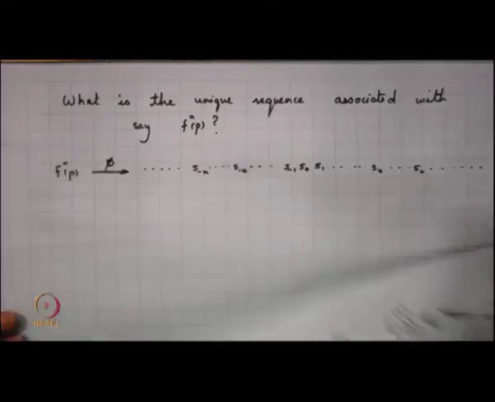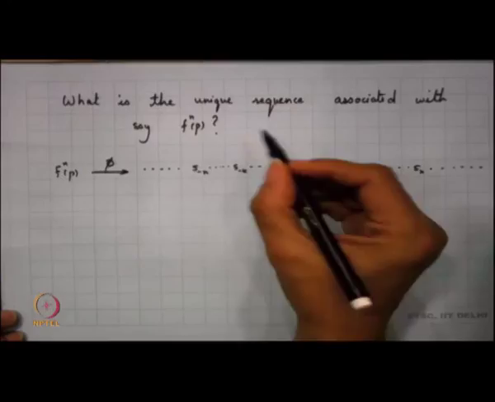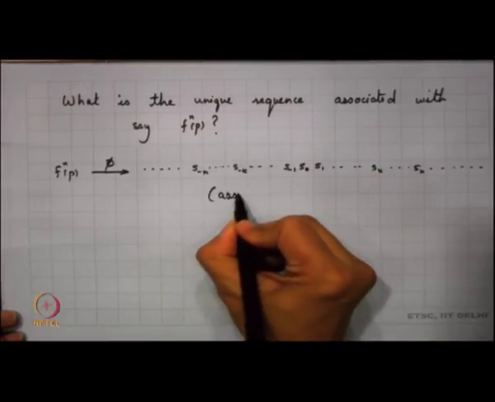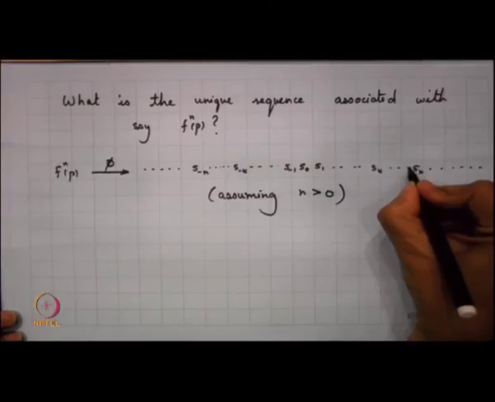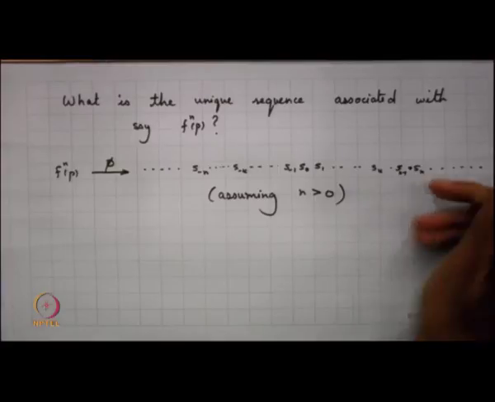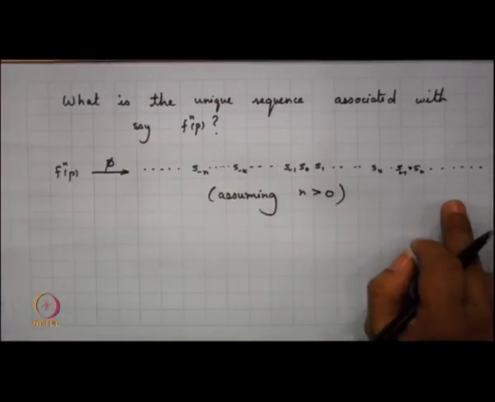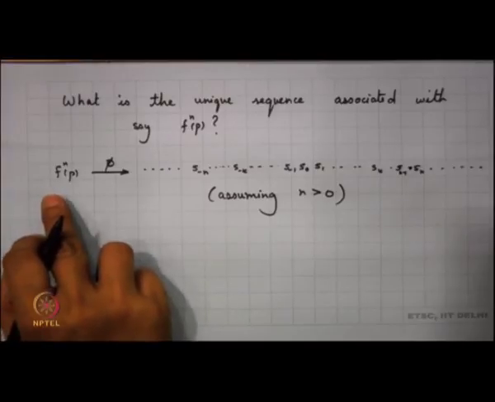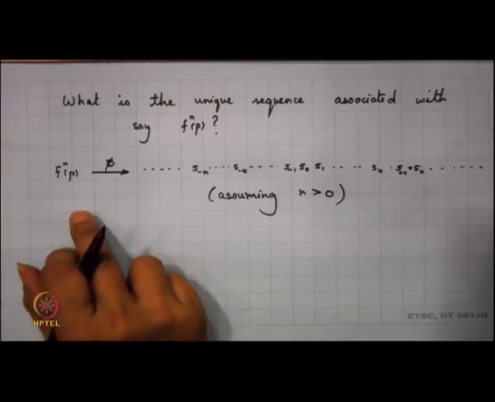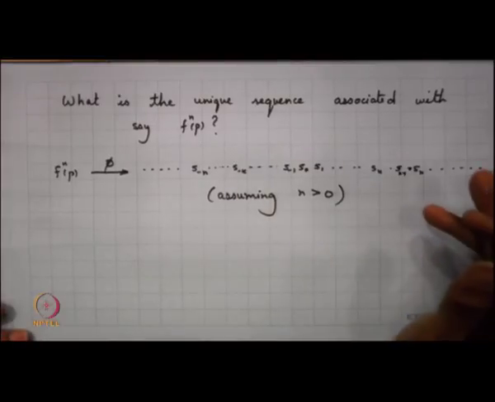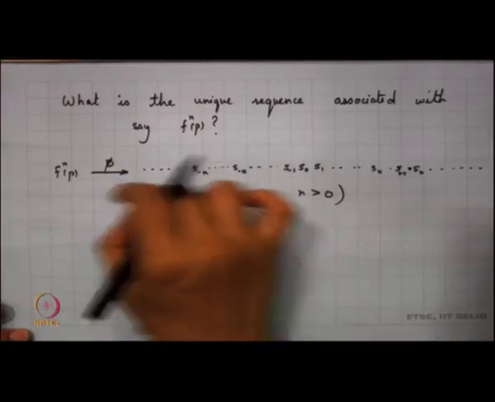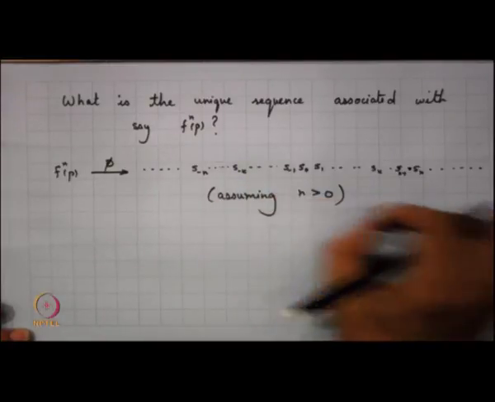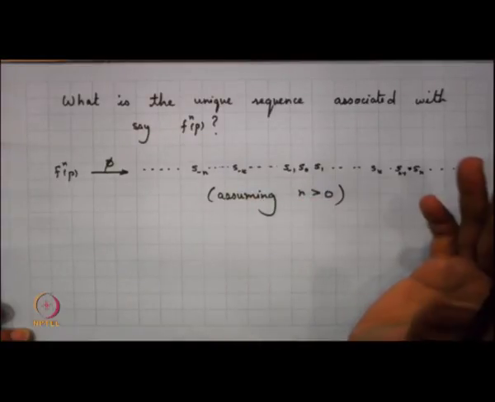So, we see what my f and p is. Basically, assuming my n to be positive, my decimal point sits up here. So, I have an Sn minus 1 here and my decimal point is here. So, this is again a unique sequence of zeros and ones. So, my orbit of p can be easily seen to be concurrent with the orbit of zeros and ones, and my map is just moving a decimal point to the left or the right. So, this moving of the decimal point to the left and right is basically called a shift map.